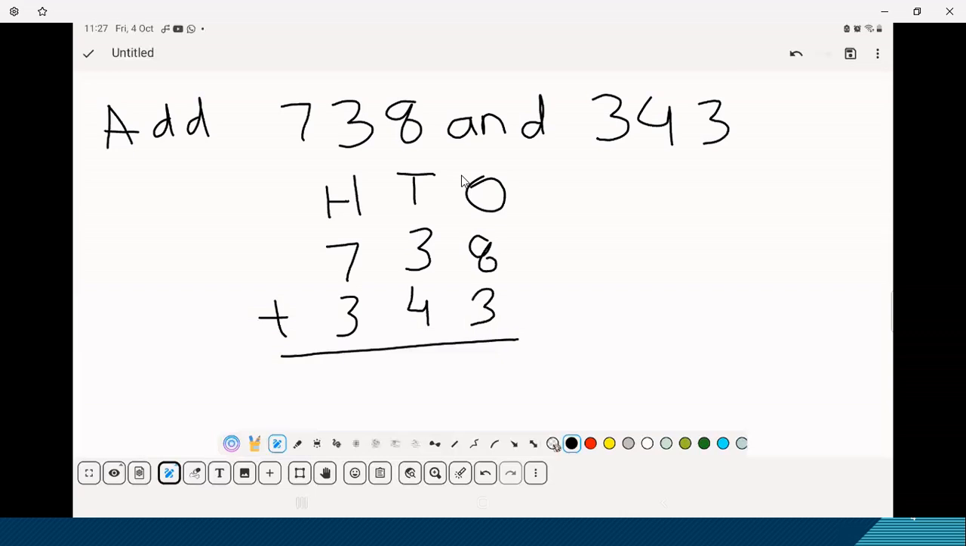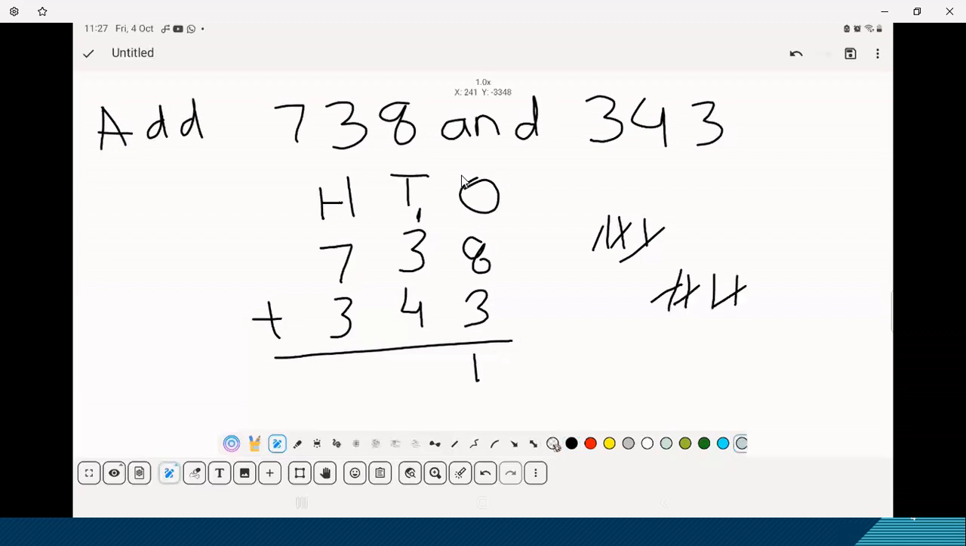So 8 plus 3, count 3 after 8: 9, 10 and 11. Here you will get 1 and 1 is going to be carry with the next number. Now we have to add 3 plus 4 plus 1. So 3 plus 1 is 4, the next number, and 4 plus 4, we have to count 4 after 4: 5, 6, 7 and 8. So that will be the